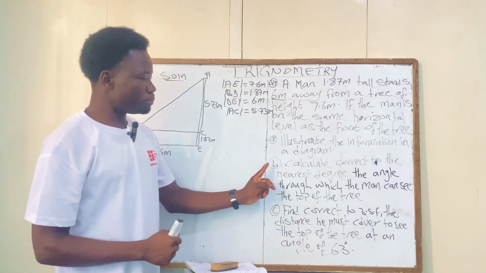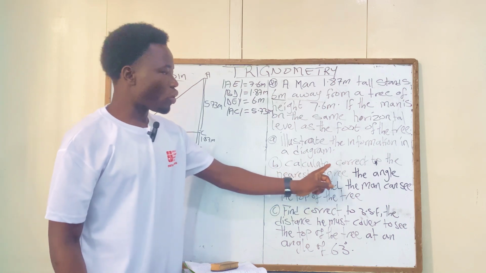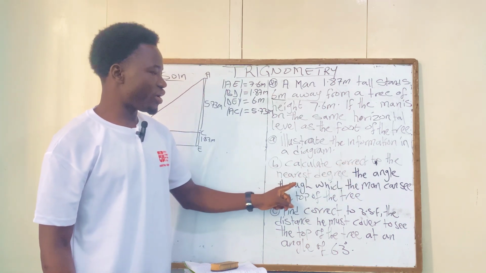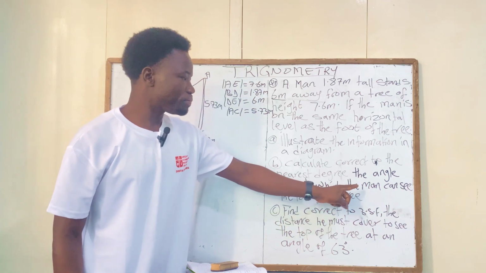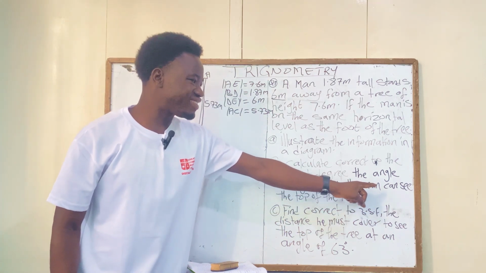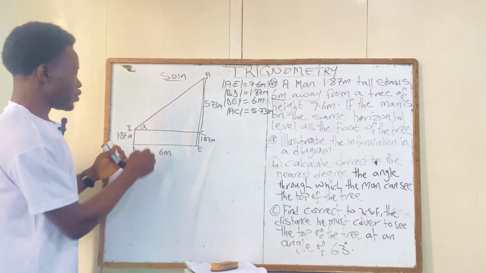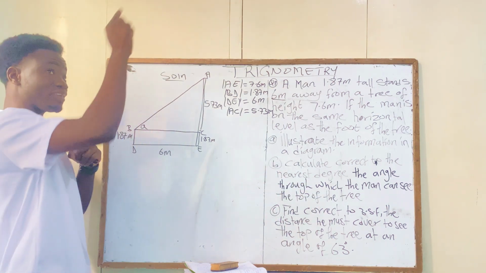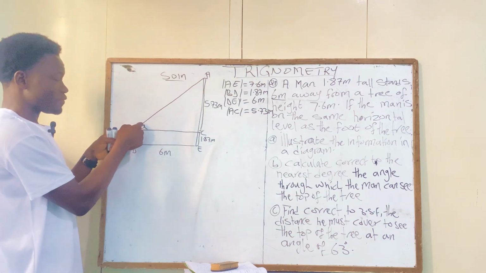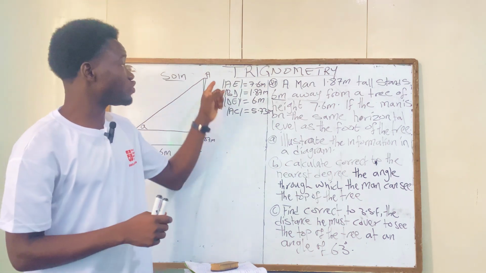Now the B part of the question says that calculate correct to the nearest degree the angle through which the man can see the top of the tree. So they are looking for this angle. Calculate the angle at which the man can see the top of the tree. That is, how wide should the man open his eyes to be able to see the top of the tree